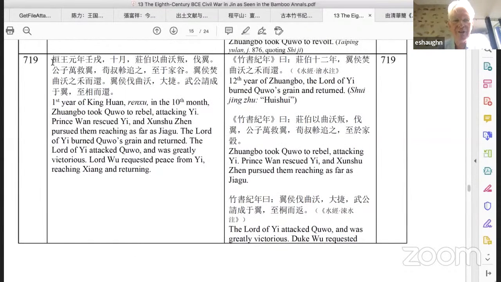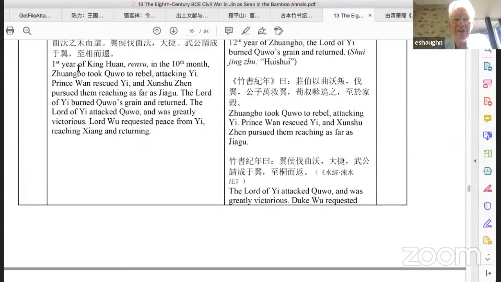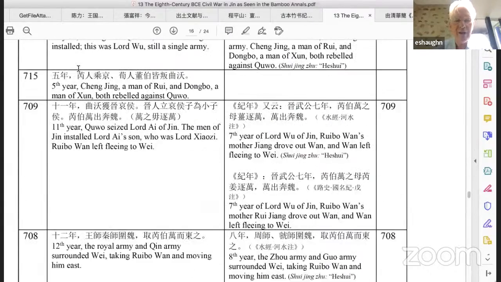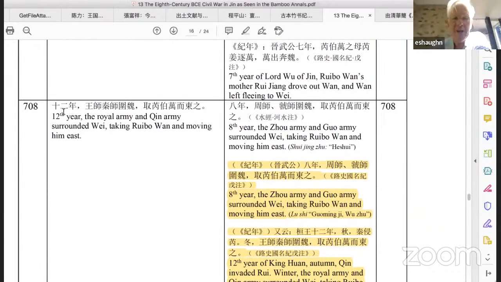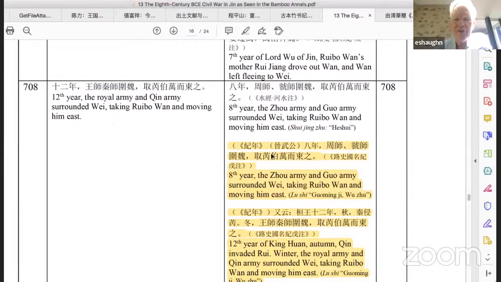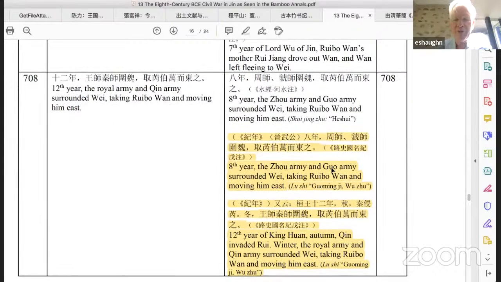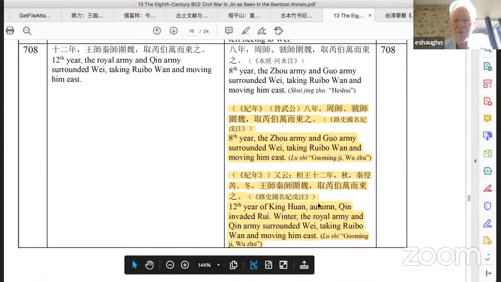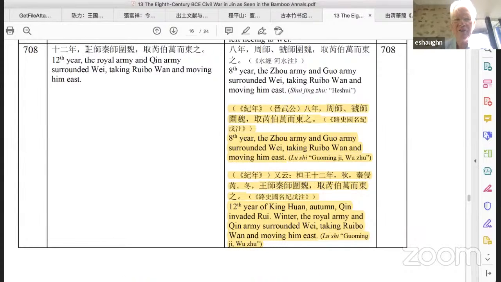Yeah, so this is 719, Huan Wang Yuan and so forth. But we come down here to Shaonian. One other thing to note, there's a slight difference between these two quotations. The one that's dated to Jinwu Gong Banian refers to the Zhou and the Guoshi here. But note the second one refers to Wang Shi and Qin Shi. And in fact, we have here in the Jinbenzhu Jinian a reference to the Wang Shi and to the Qin Shi